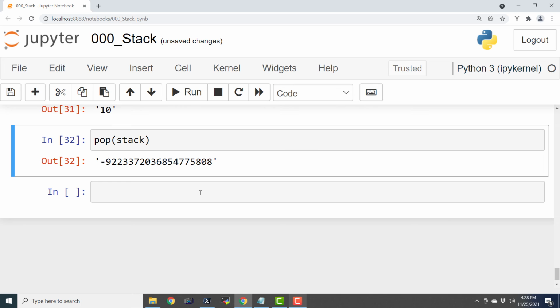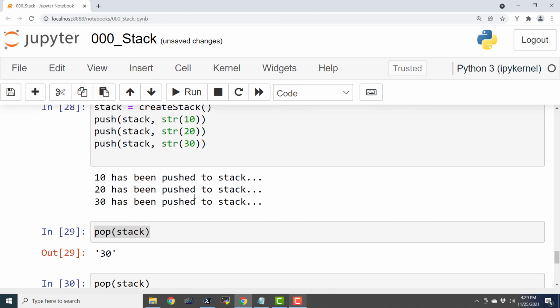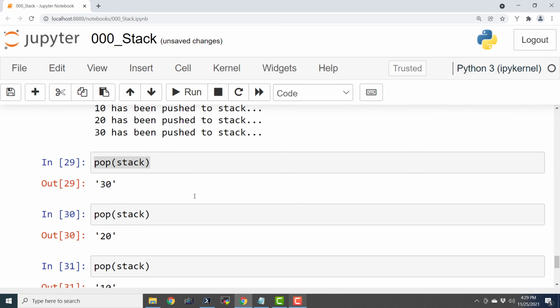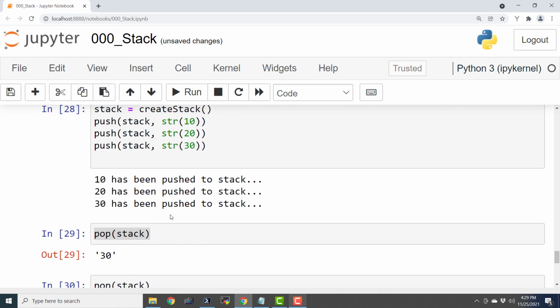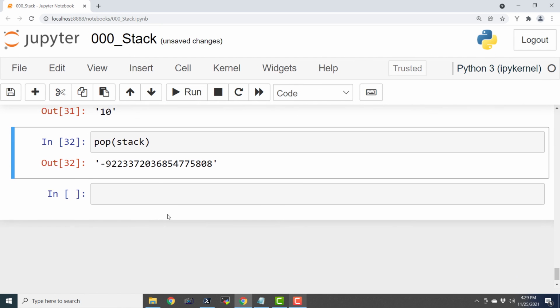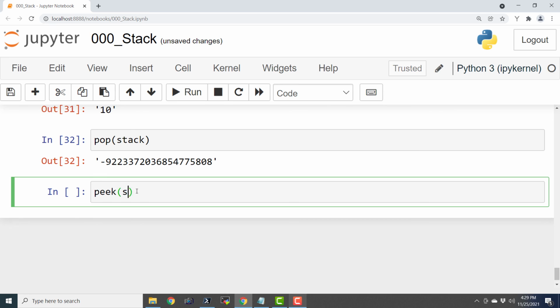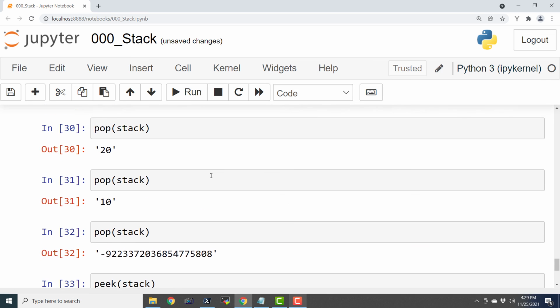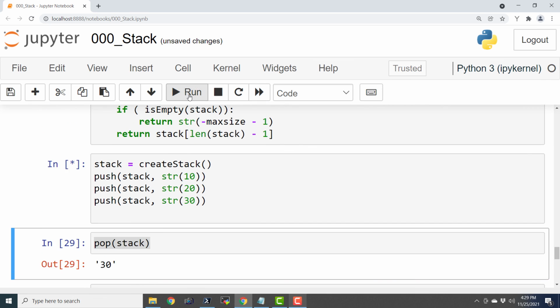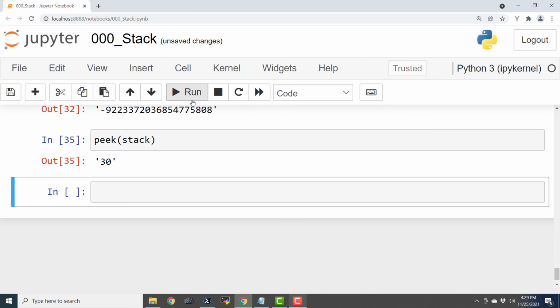So this is how we can simulate a stack with lists in Python. And this time we have written custom methods and functions to take care of all the operations. We had actually simulated all the operations: push, pop, and peek. So these are three important operations. Peek means check the topmost element. I think that I haven't shown you the demo of peek, so let's see it. Stack peek. I think that it is going to return us the minus infinity this time because the stack is empty. Let us push something in the stack. Let us run this code again and let us peek it. Yeah, 30 was the last item. That is why it is showing us 30, because it is at the top of the stack.